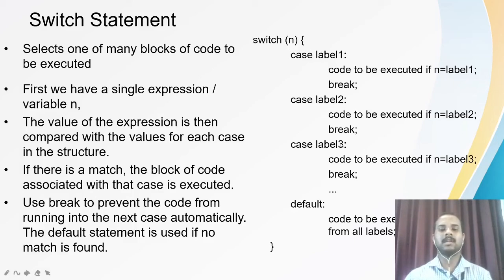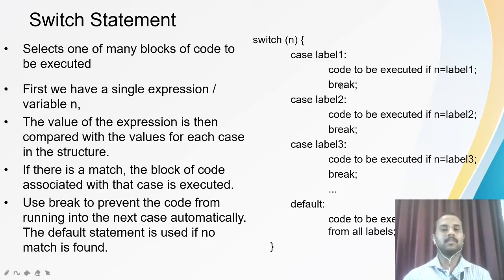In the same manner, if a variable is present, then the value of the variable is used to compare it with the labels. If any one of the labels is getting matched, then that set of code will be executed. If those labels are not matched, then it will be checking the next label. Again, if it is not getting matched, then it will be checking the next label. So let us say that none of the labels get matched, then we will be having the default section, and the code that is present in the default section or the default label will get executed.